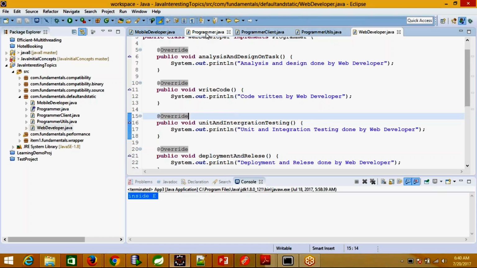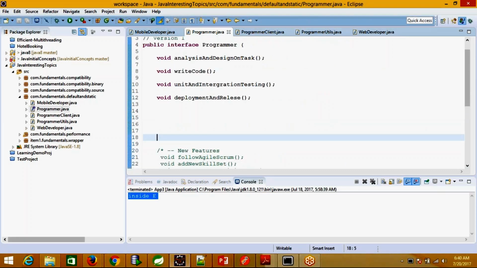So we have this programmer interface with us, and as we have seen in the slides, we have four different features in our first version, version 1. These four features would be introduced for this programmer. They are analysis and design on task, write code, unit and integration testing, and deployment and release.